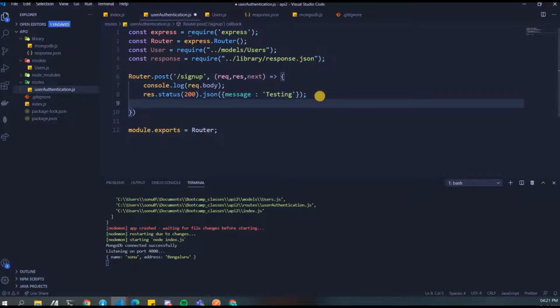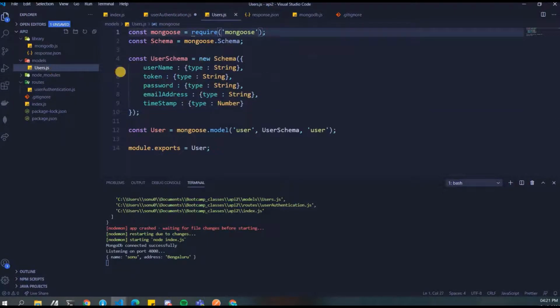So moving on to our next step, which is what is the actual need of having a sign up, correct? So we all know that when you sign up, what are the fields that we have over here? Let's just look at the fields. So we have username, token is what we will generate, okay? Password is something that user will give on their own. We don't have control over password. Email address is something that we need to check.